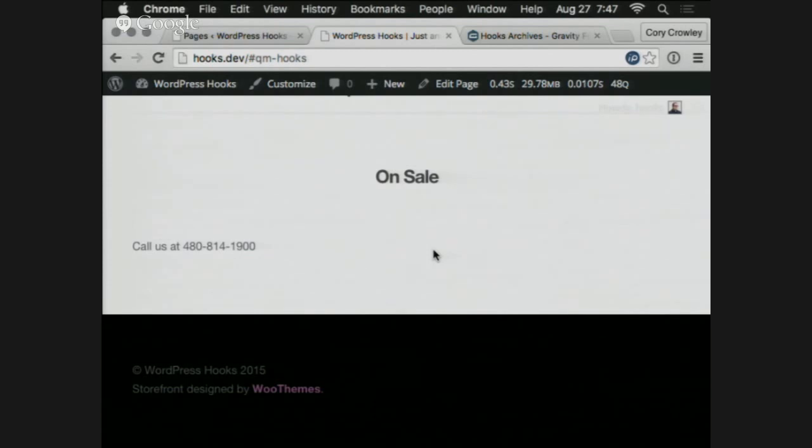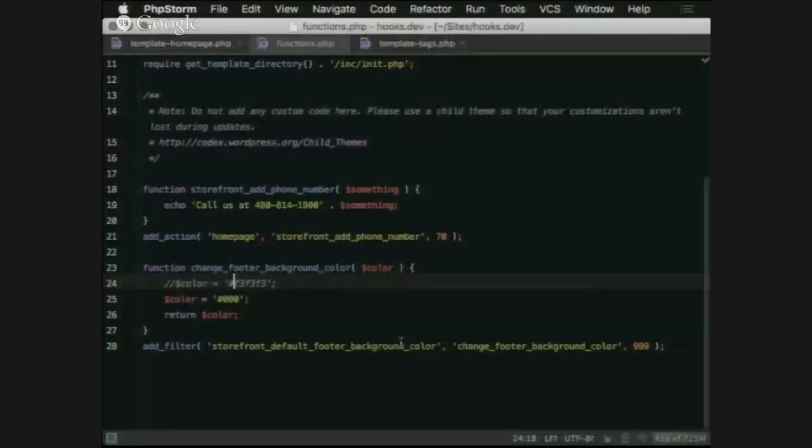That's basically how easy it is to also filter things that are being output in the processing of a page. So we learned that we can execute a function at a certain point in the page using an action, and that's what we use to output this phone number. And then we can also filter things that are default. So in this particular theme, the footer background color was that default F3F3F3 hex color. But we want to change it to black, so we didn't have to do anything with any of the template files or with any CSS. We just added this function, and it overrode